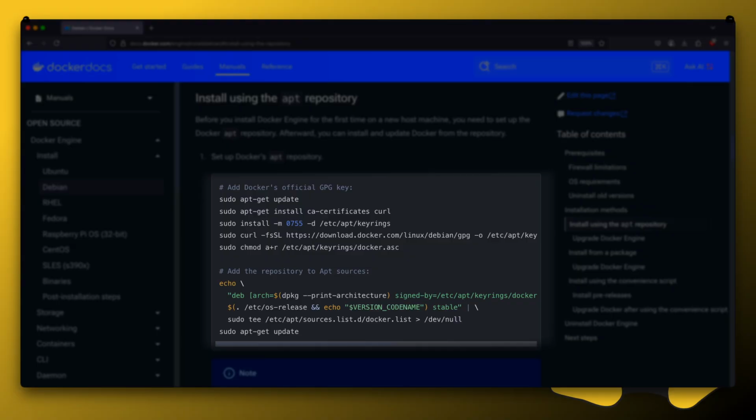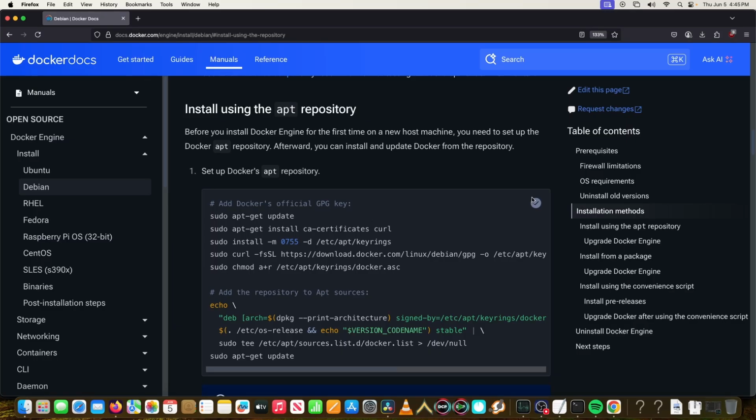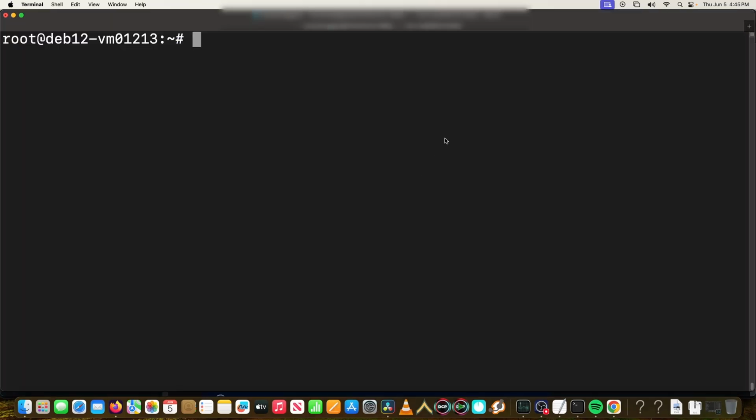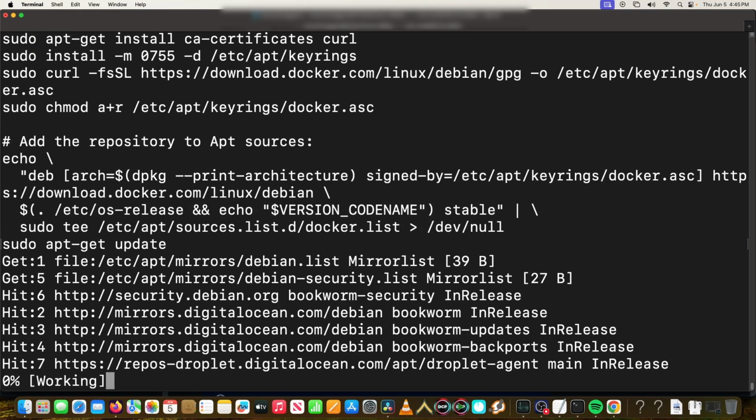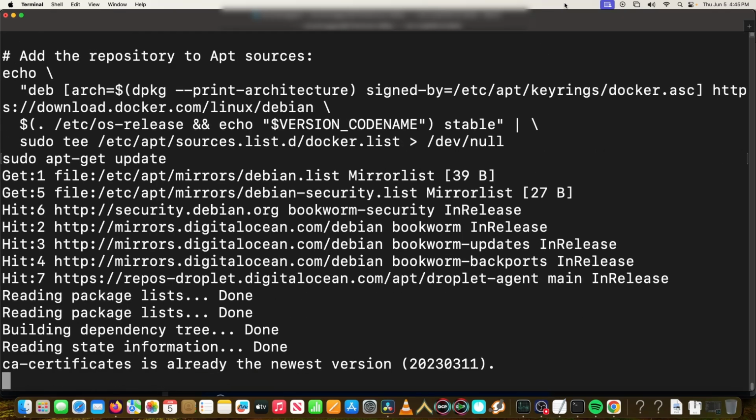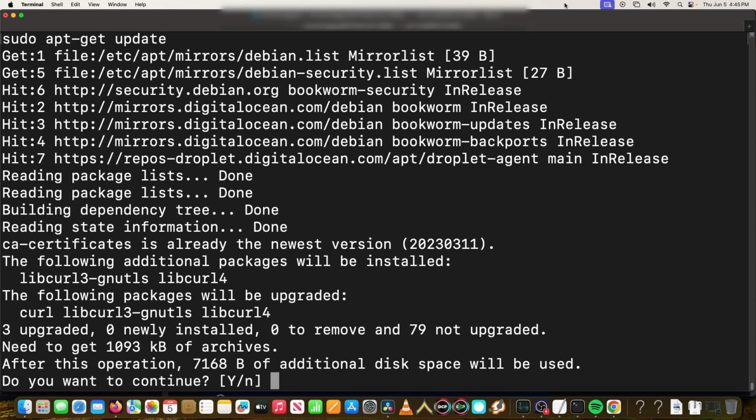Today folks, what we're going to be talking about is Docker Compose. The first thing you need to do is go to the Docker website, and we're going to assume you're running Debian today, or something based on Debian. You're going to copy in these commands into your terminal, run all of these commands, and then once it's done, you're going to have Docker installed on your system, which is very important. You need to have Docker installed, okay? Obviously.